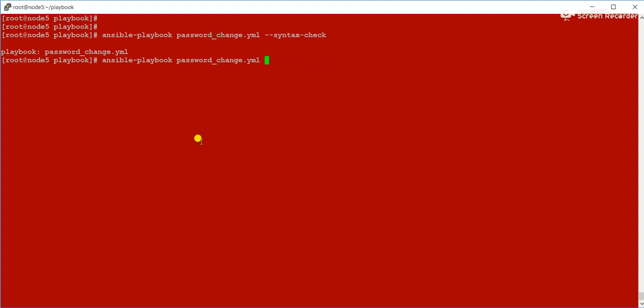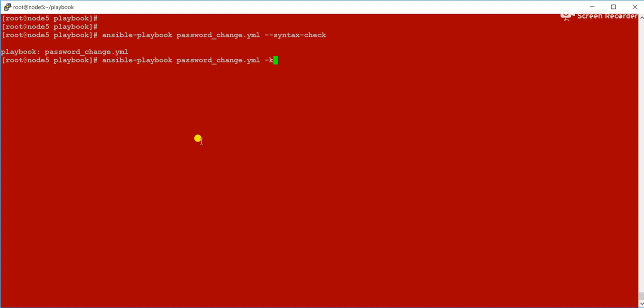Ansible playbook. So I have to give --ask-pass, or if you give only -k, it will ask me the password. Password means, in this sense, that I am trying to execute this playbook on the remote machines, so it will ask the password of the remote machines.